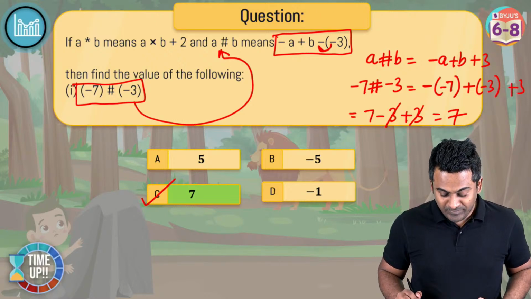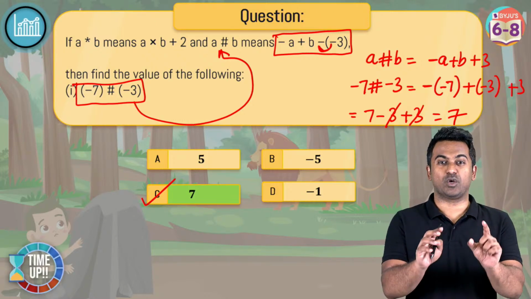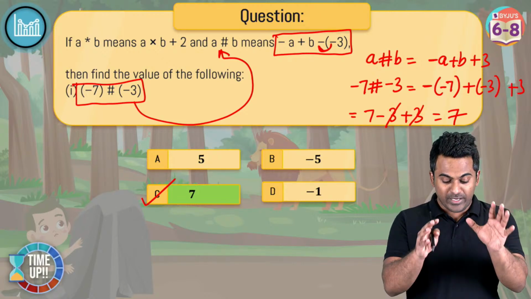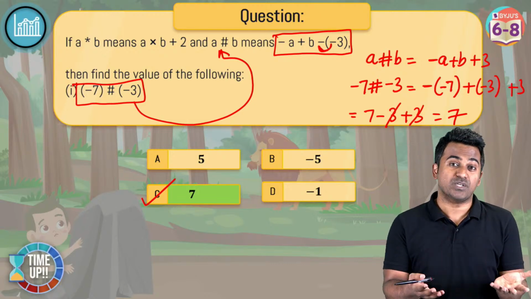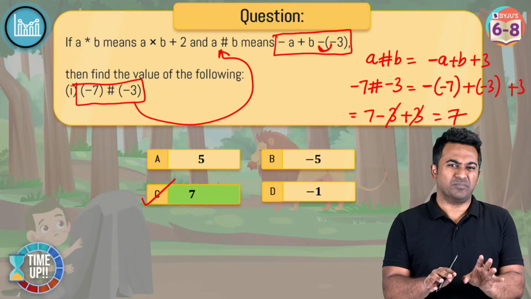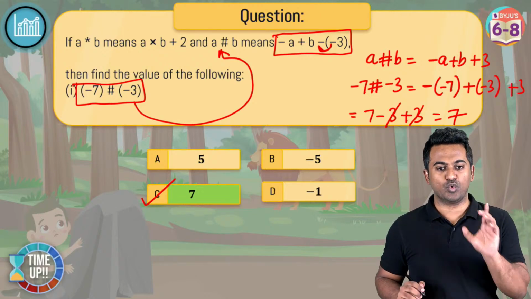Okay, so yes, this was on the slightly challenging side, because I always tell you this. Be very careful when you have expressions involving negative signs and the numbers are also negative, because some type of mistakes here are going to eventually make the whole answer go wrong. So you just have to make sure.